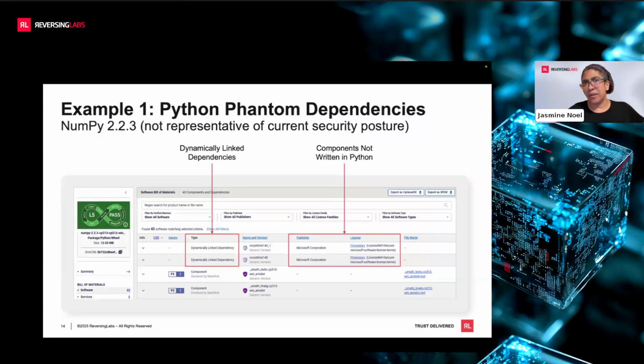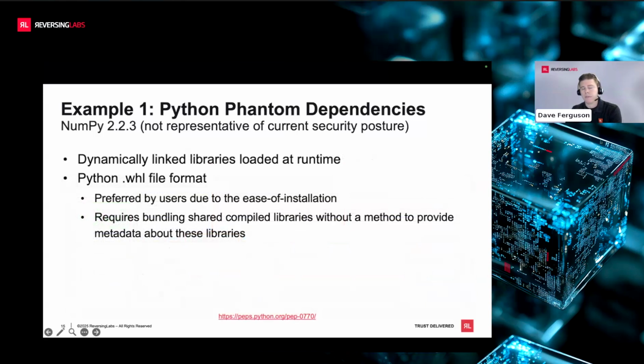And so why wouldn't they show up in a manifest exactly? Well, specifically, we're looking at Python here, the Python package NumPy. It's very popular, especially in the ML and data science world. A Python package, when it's released on PyPI, the registry, can be released in two different forms. It can be released just as source code, which is basically a zipped-up copy of the source. It can also be released as a wheel file. In this case, the wheel file actually has some compiled components to it. A wheel file is nice because when you install a Python package from a wheel file, it goes a lot quicker because all of the compilation has already been done. And why would it need to do compilation? Well,